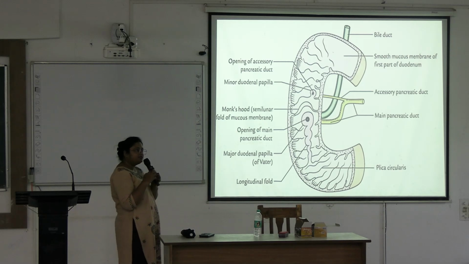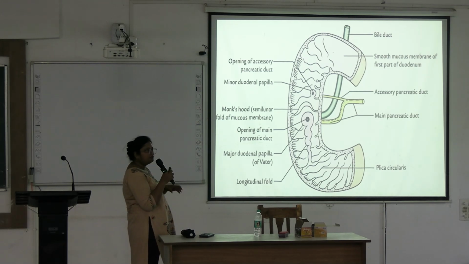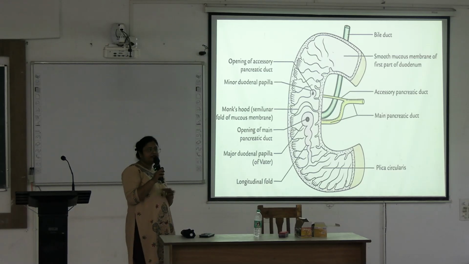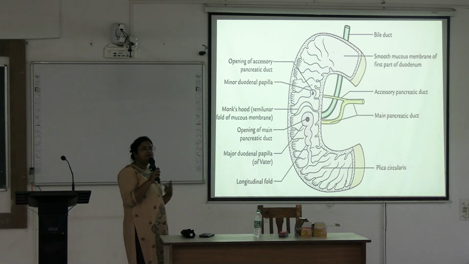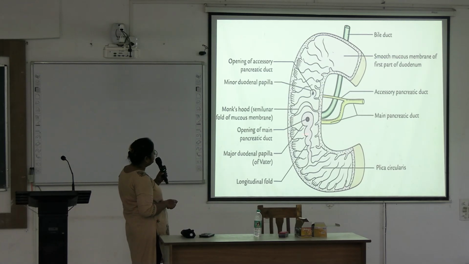These internal features you will see in your viscera class. Okay, you have viscera class of small intestine and also viscera of duodenum, pancreas, and spleen, DPS. Okay, so there you will see the interior of the duodenum. So this is the major duodenal papilla, minor duodenal papilla, and these are the circular folds.